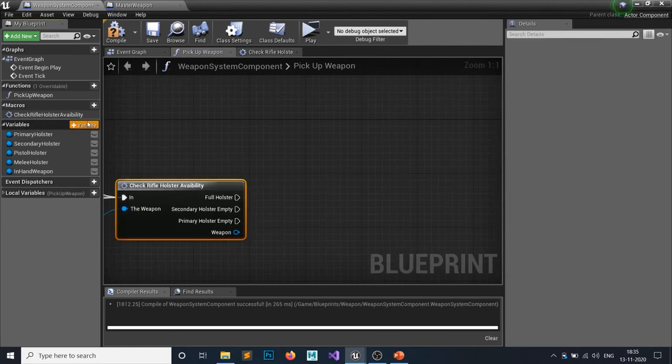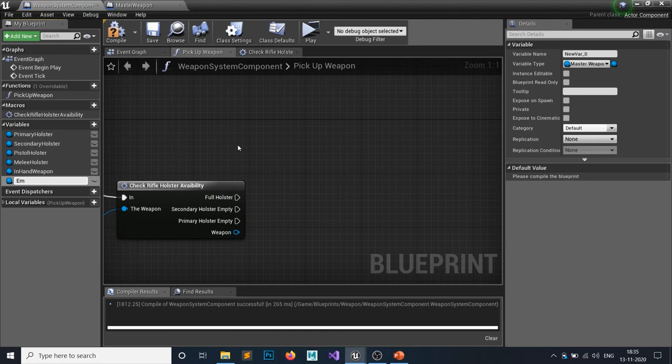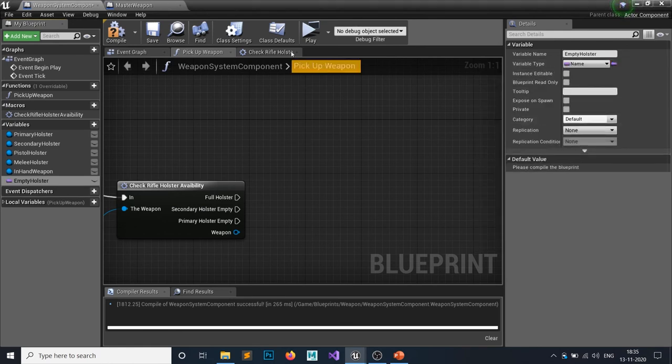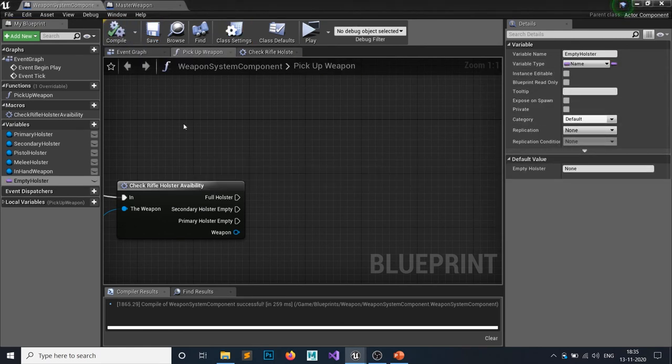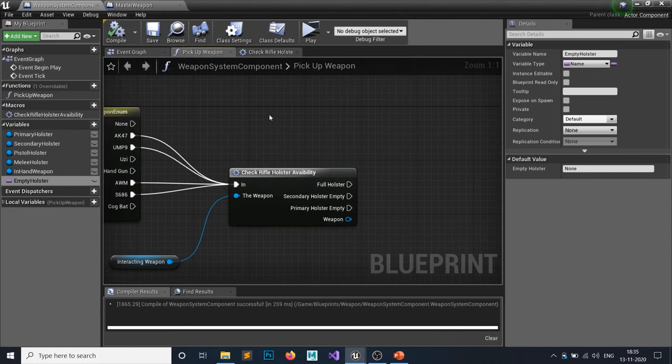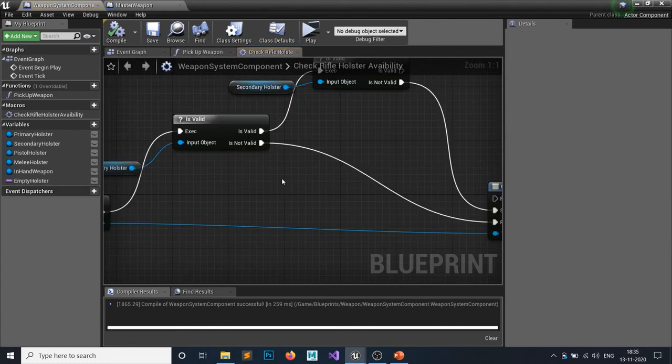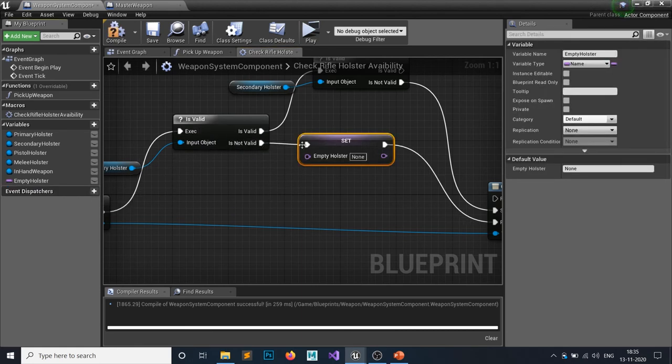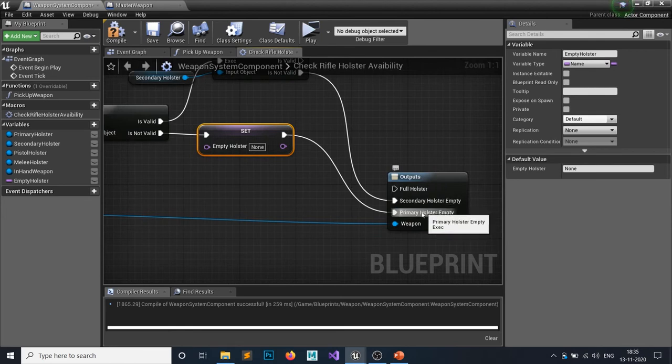Then we want to make another variable. I'm going to call it empty holster, and this would be of type name. The reason is because we know that our holster names are in name form. So if it's not valid, then our variable is true, our primary holster is empty.